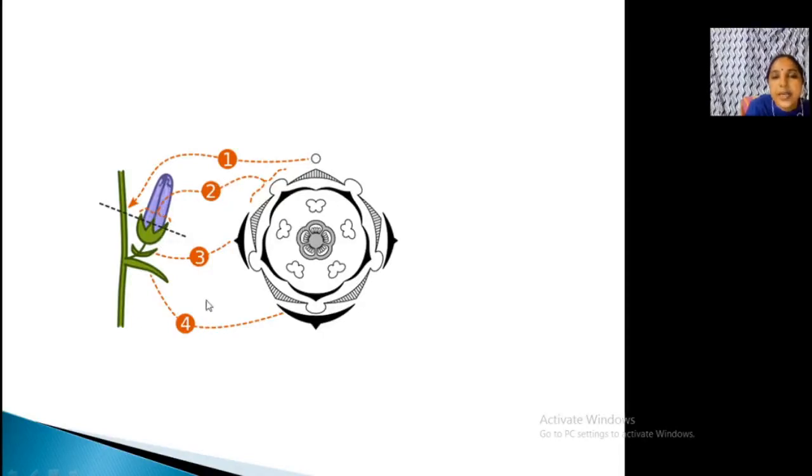Now see, this is the bract, a leaf-like structure at the base of the flower. So how will you represent the bract? As a dark portion. Okay. Next are the sepals. Besides the bract, 2 more bracteoles are there, represented like this. If it is also a bract, that's also like this. Then this is the sepal. How many are there? How are the sepals arranged?